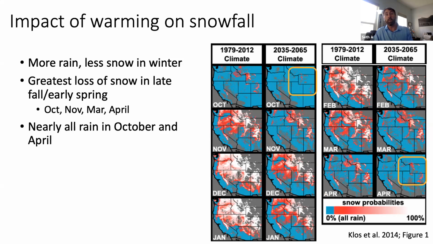I also specifically want to point out the very ends of the shoulder seasons, October and April. In October, especially in our region, there is 100% probability of precipitation falling as rain, except for some of the ranges in Wyoming, and a very small chance in Colorado. And in April, there is also a significant reduction in the probability of precip falling as snow. That's often, for high elevation areas, still a very important month for building snow water equivalent. And as we've heard about, later season precipitation can be very important in maintaining later season stream flows.